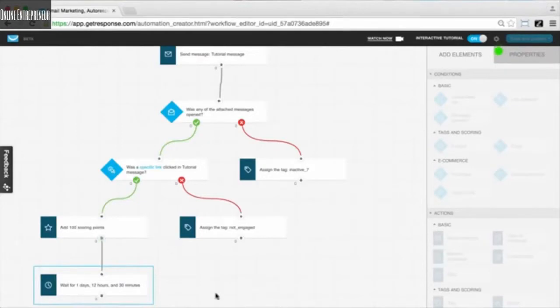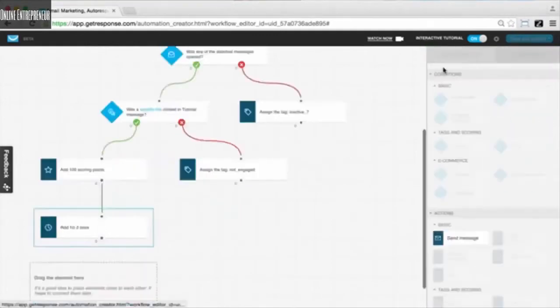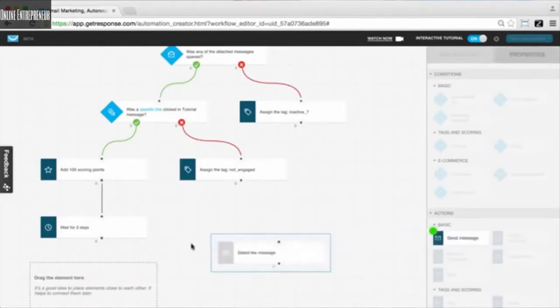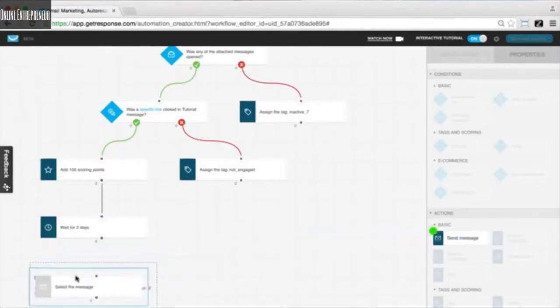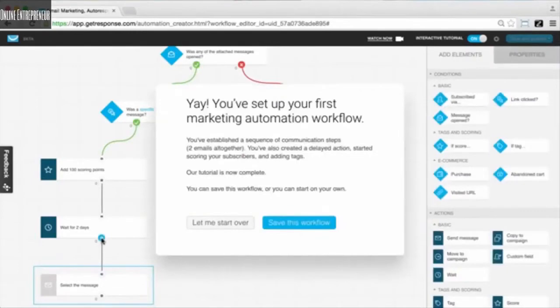And so we moved over the wait action, but we need to go over to properties and define how long we should wait. So let's simply say, in this case, we want to wait 2 days. And so we could do this here. So after we've added 100 scoring points to our clickers, we're going to wait 2 days, and then we're going to send them another message. So dragging over the send message action, connecting it to our 2-day wait period, and you can see our workflow,